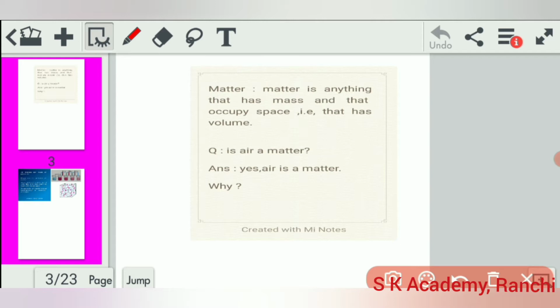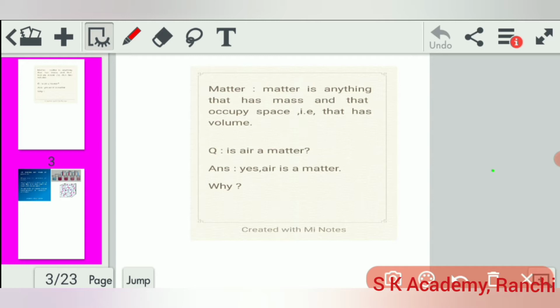So does our pen occupy a space, yes or no? It occupies a space in air, so it has volume. Our glass that we use for drinking has volume because water can be filled into the glass, and if there is no water in the glass, even in that condition there is air occupying the volume of the glass. So we can say that glass is matter.